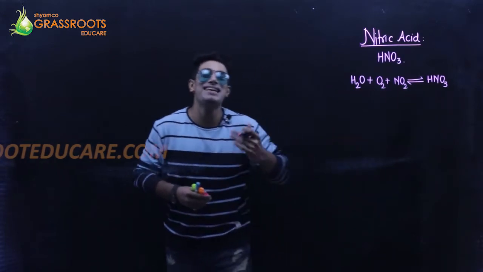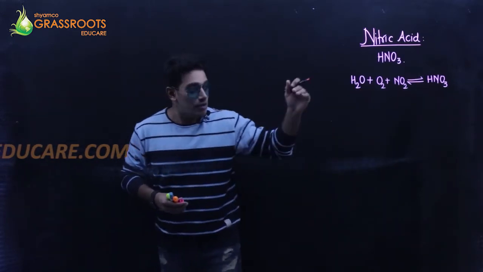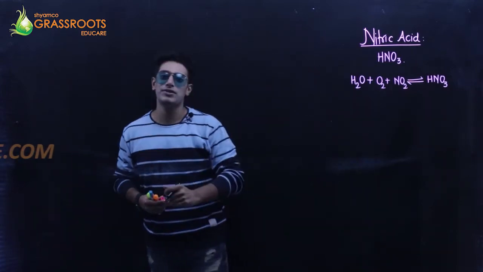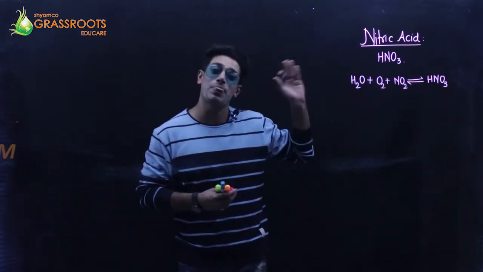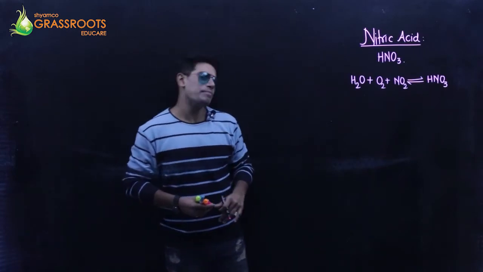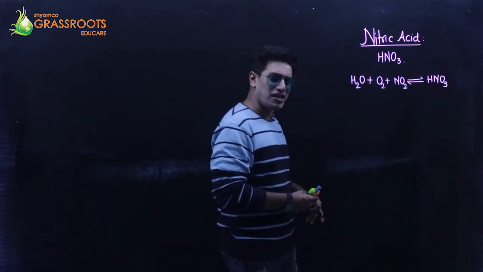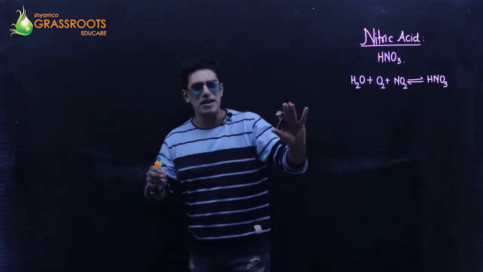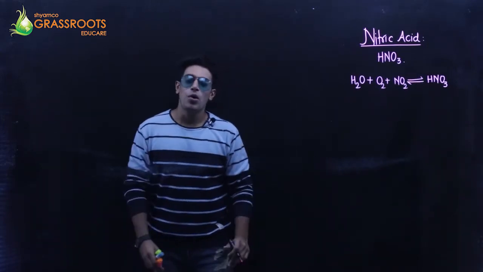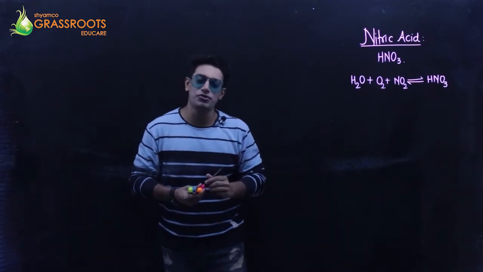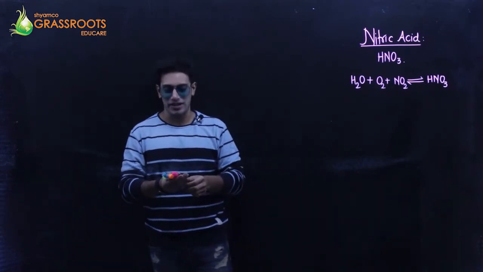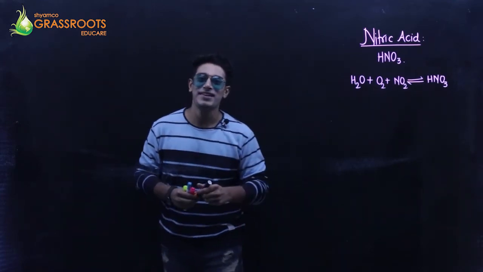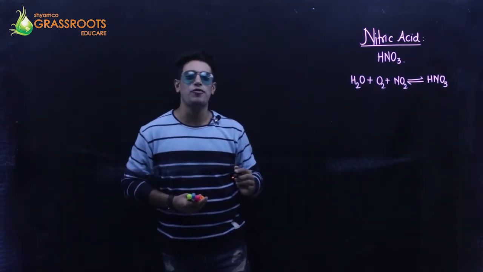I am not balancing it right now, please. When I write this reaction in one of these answers, I shall balance it then. So as of now, remember, to produce nitric acid, this is one of the methods. A general, basic, simple method. We also have a laboratory method of preparation of nitric acid, and we have an industrial method. So let's start with our first answer,